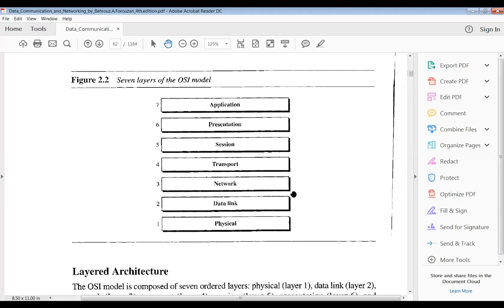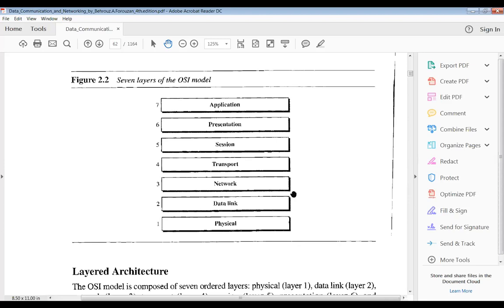In the network layer, routing will be done. All the routing decisions from the source node to the destination node will be taken by the network layer. Who will take all the routing decisions? N number of networking devices will be there, right? It can be a Wi-Fi router, or switches, or D-Links, or hubs. Anything can be there. Your data will be passed through all the networking devices, right? So to which node it has to pass, all the decisions are taken care of by this network layer.